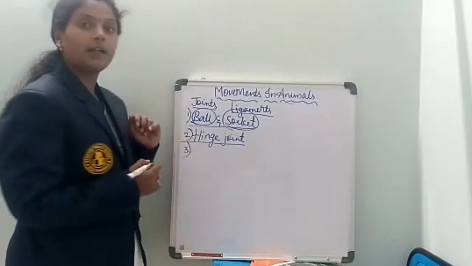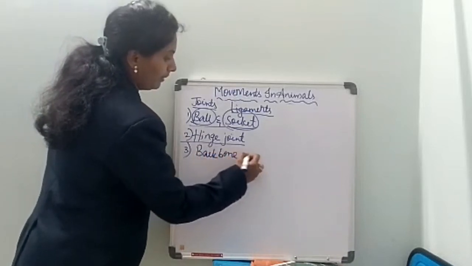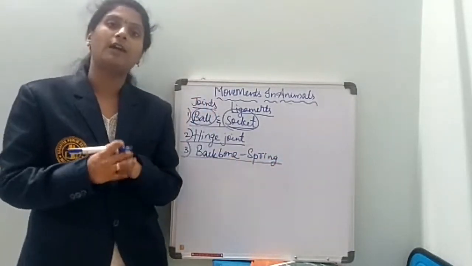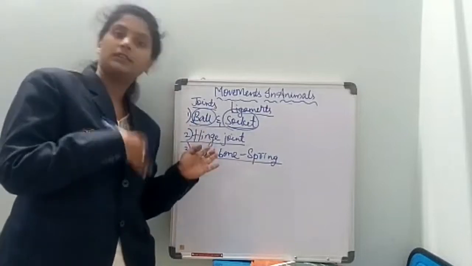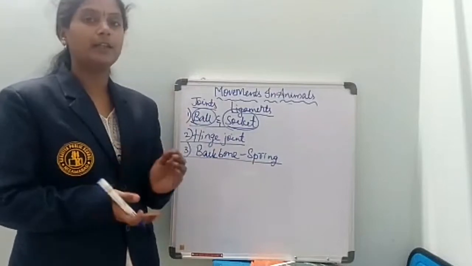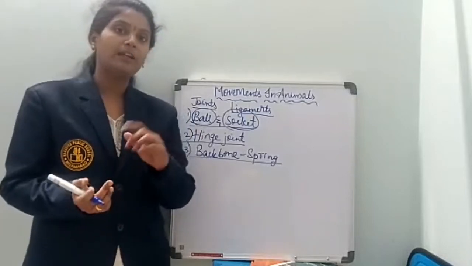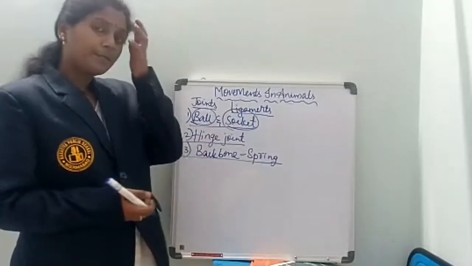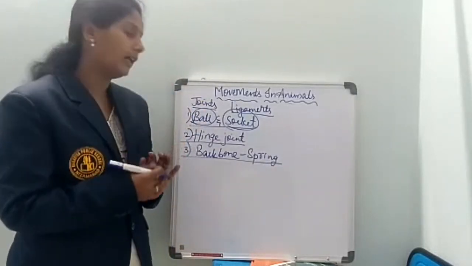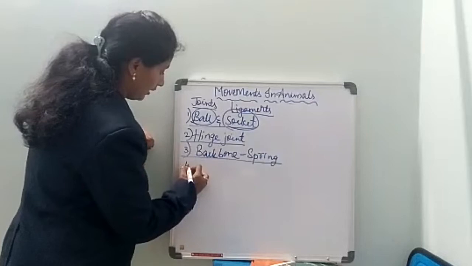Next, moving on to the third kind of joint, the backbone. Generally our backbone is like a spring. Yes or no? Our backbone is like a spring. That is why we are able to bend down, back and sideways, in all directions. It won't rotate, but we can easily bend front, back and sideways. So how is it able to move? In between the vertebrae there is a joint, and because of the arrangement of the vertebrae, one bone over the other, it is able to move in all directions. And next, coming to the neck joint.